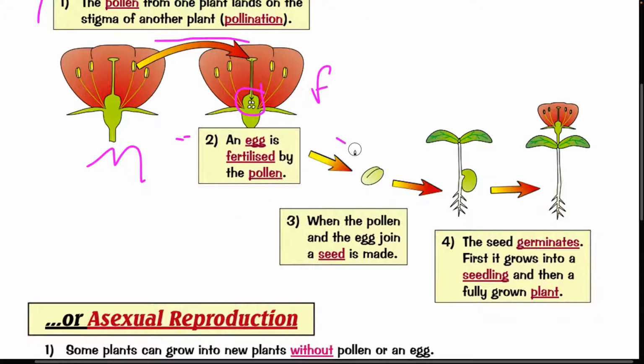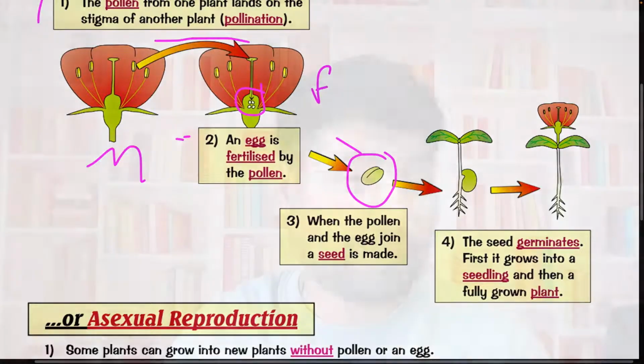And then number 3, which is this one here, yeah, when the pollen and the egg join, a seed is made. Okay, so when both the pollen and the egg get together, they become one, so we have a seed. So the result of, então o resultado da junção ali do ovo e do pólen, que acontece? Nós estamos falando das plantas, isso se torna uma semente, a seed, right? Don't forget that. Semente, seed, okay?